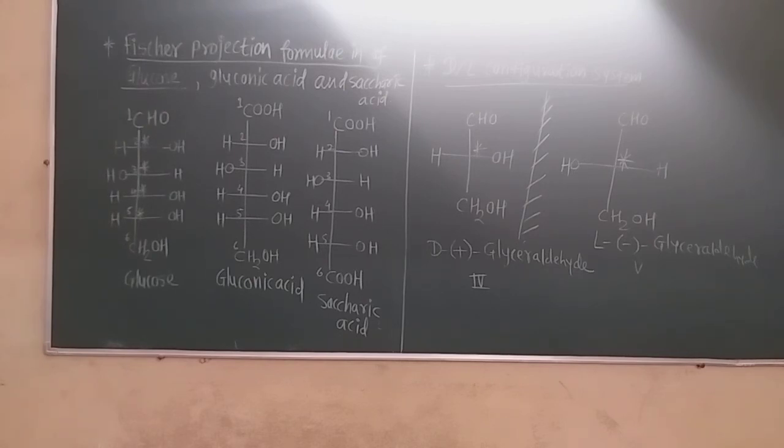All the compounds which can be correlated by a series of chemical reactions to plus glyceraldehyde are said to have D configuration. So whatever chemical reactions plus glyceraldehyde undergoes, their series is always plus, that is the D configuration. The compounds which are chemically correlated to minus glyceraldehyde are said to have L configuration. This is the system of relative configuration of chiral compounds. So just remember that if the hydroxyl group of the second carbon is on the right hand side, it is called D or plus glyceraldehyde. If it is on the left hand side, then it is called L or minus glyceraldehyde.